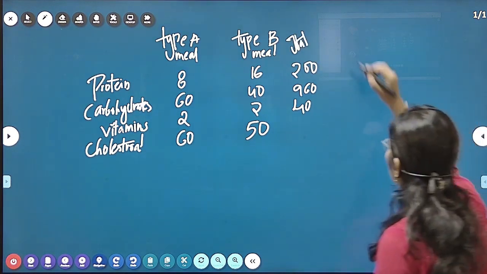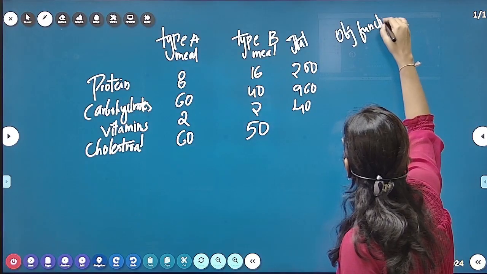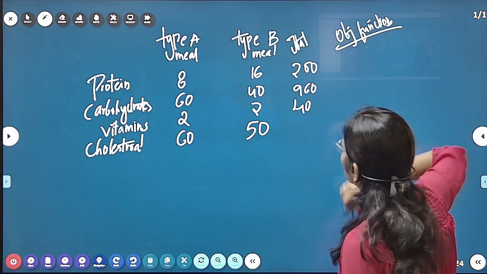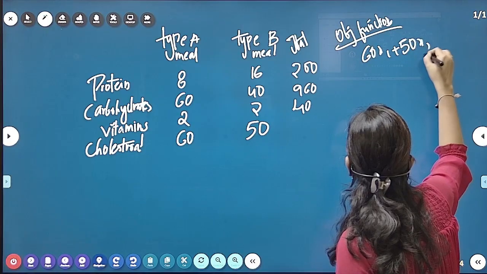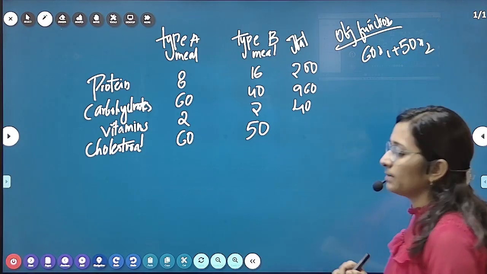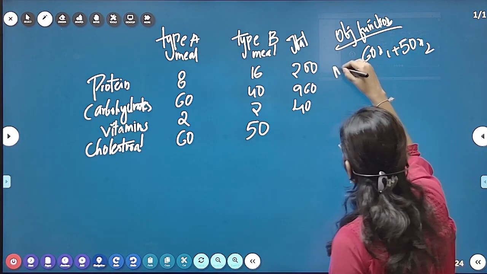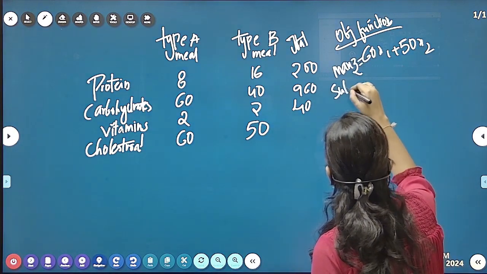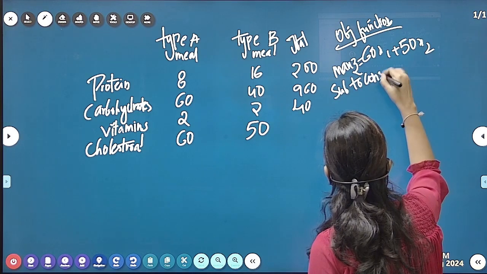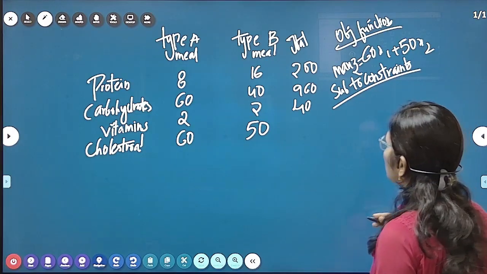Tell me the objective function firstly. 60x1 plus 50x2. Will that be maximization or minimization? Maximization. Okay, maximization of z is equal to this, then subject to constraint,